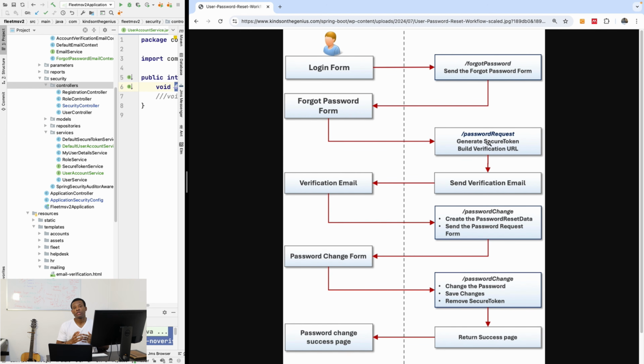Now this function is going to generate a secure token, build the verification URL, verify that the user exists, and then build an email template, the forgot password email template, and load it with the data, basically your name,